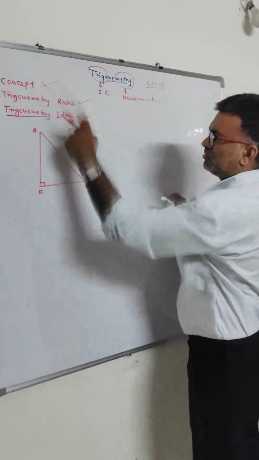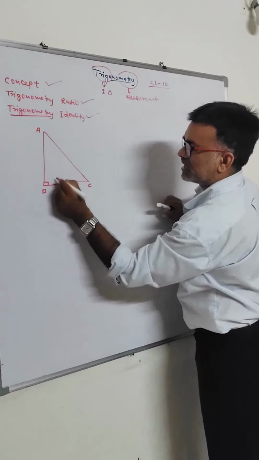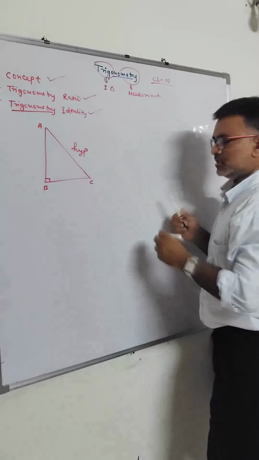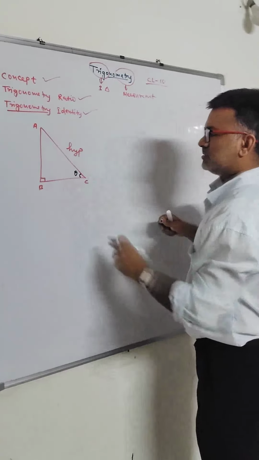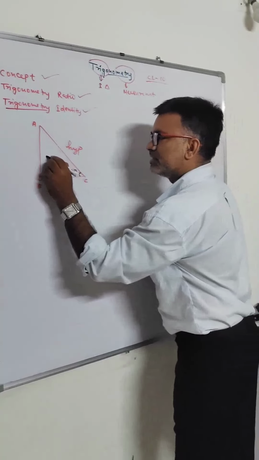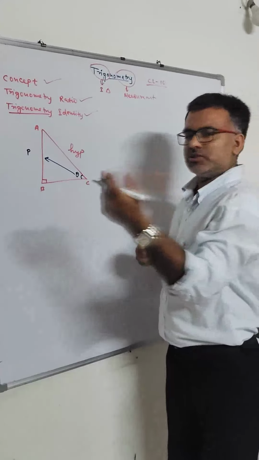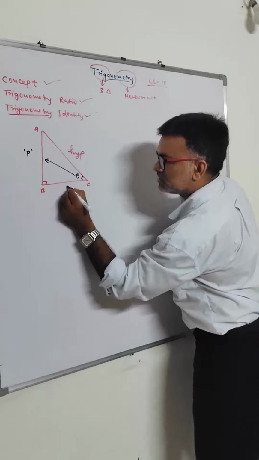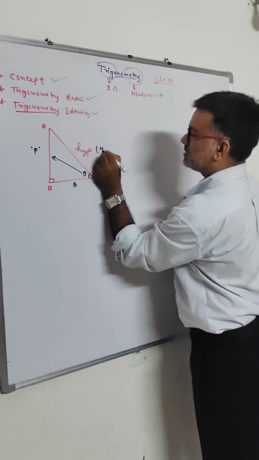So basically, let us see the concept in this chapter. First, this is the right angle triangle. Of course, this is a right angle triangle, so its opposite side is our hypotenuse. Now here, I am taking this angle theta. In front of this will be my P, that is called the opposite side. But in short, we say this is P, and adjacent to this is the base. P, B, and this is H.